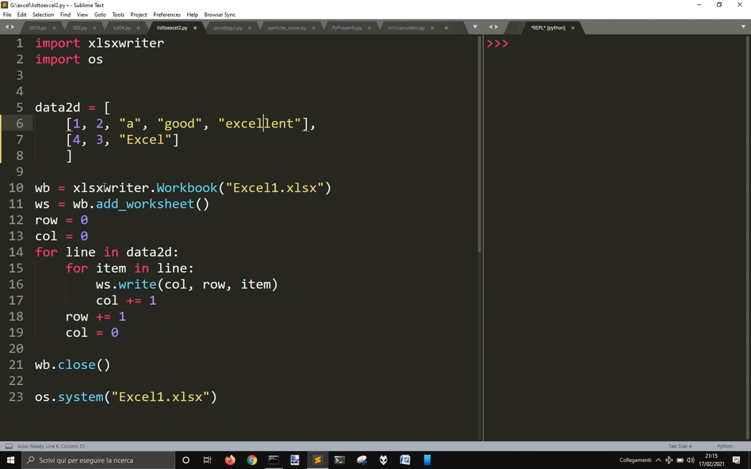This uses Workbook to create or open an existing Excel file. Then I use add_worksheet to add a worksheet, and I use these two variables here to keep count of the rows and the columns. For each, I could have said "row" instead of "line", but I don't want to confuse it here with the counter. So let's call it line: for each line in this list,